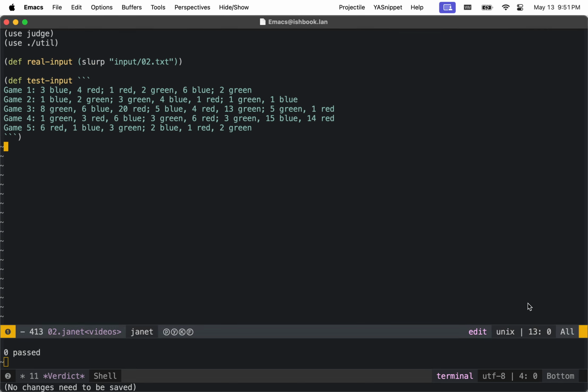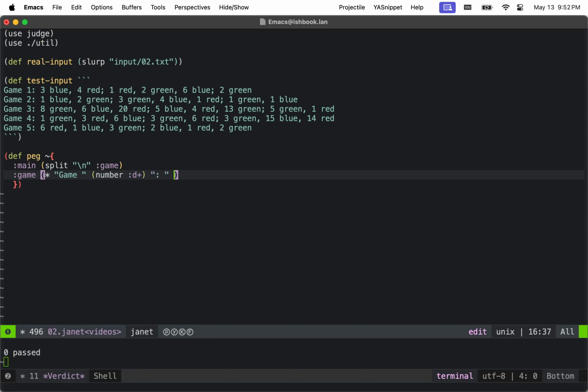Okay, round two is a lot more pegs. The problem is almost entirely parsing, so it's a good showcase for Janet. So I'm going to start, I've already created this little dummy starting point, and I'm going to start just like I did before by defining a peg. And this is going to split the lines into a series of games. And a game is the string game followed by a space, and then a number, and then a colon space,